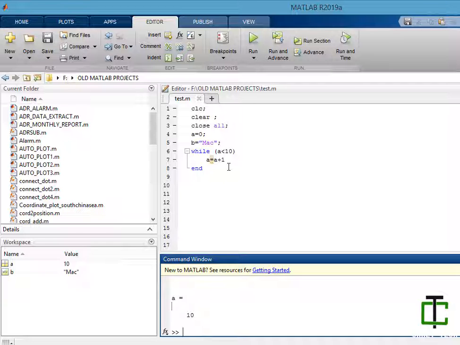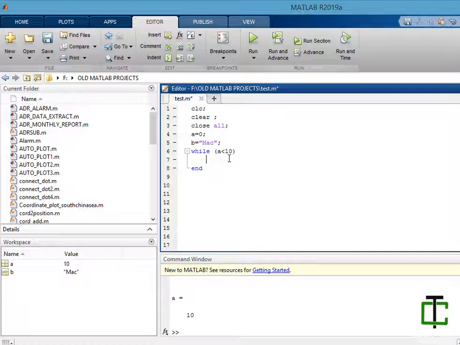Okay, so let's have an infinite loop. For an infinite loop, the basic protocol is to make this condition always true for any case. Just put a number here, 5. I have told you in my previous video, I think, any value other than 0 will be taken as 1 or true.